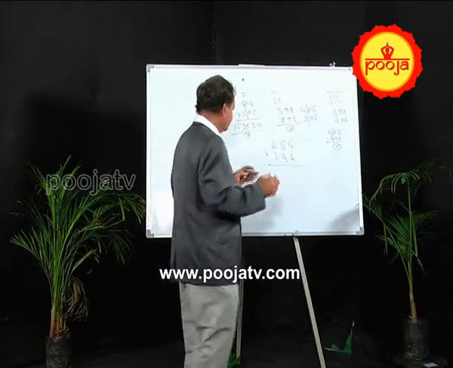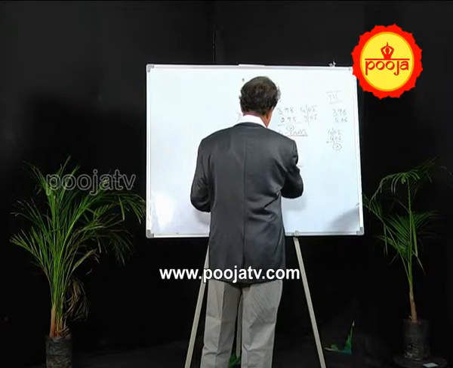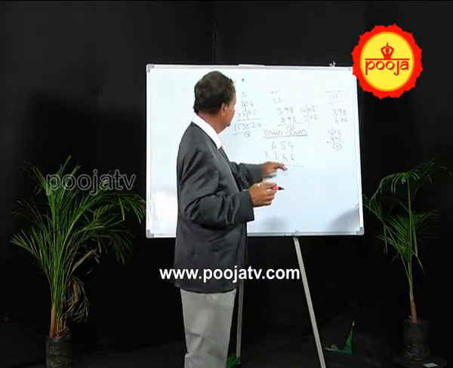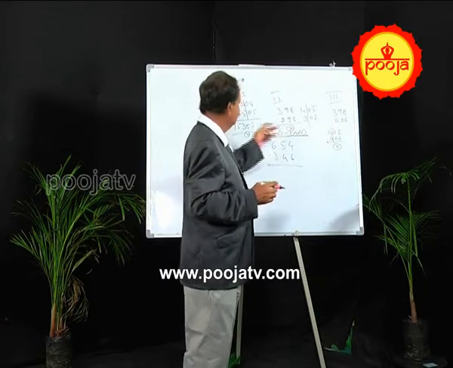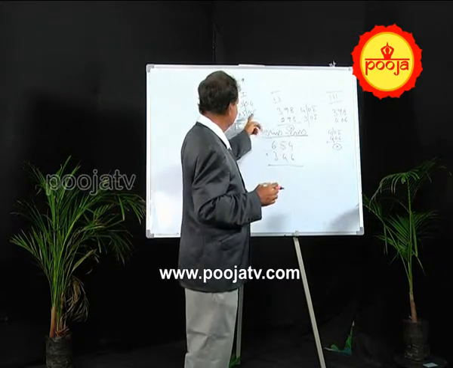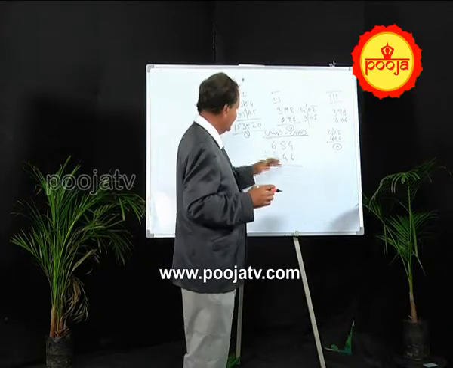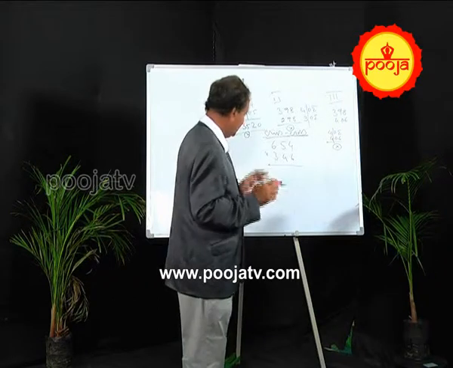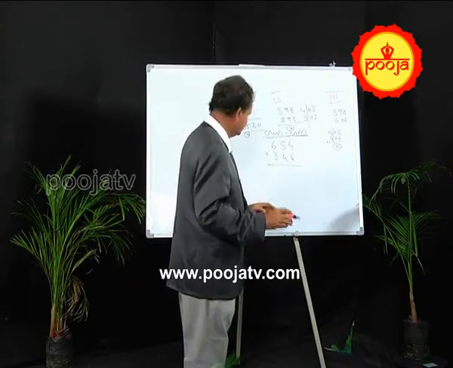And how to do it? This is called the criss-cross method. Generally, when you go for any books or speed maths books, they will show only this method, because it is applicable to all, but we selected these methods because if the numbers are like the earlier ones, we can solve easily. Okay. Now, let us see how it should be done. Observe keenly. Here you have to multiply all the numbers individually.